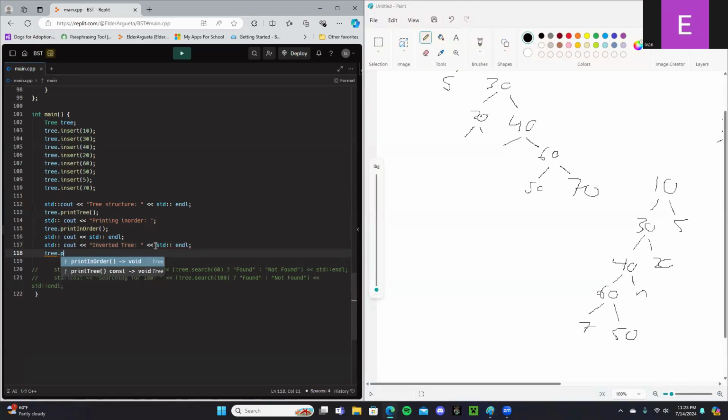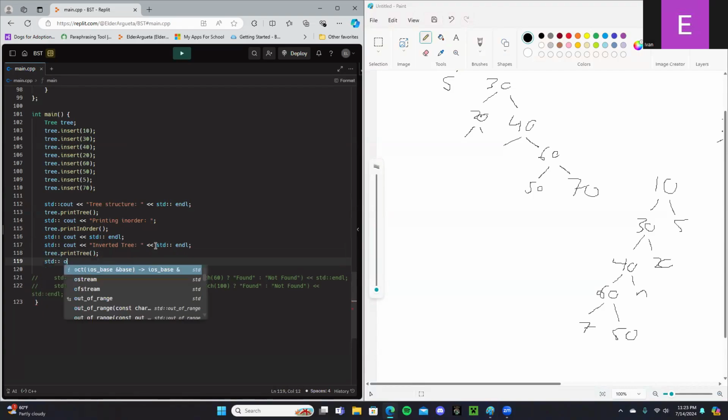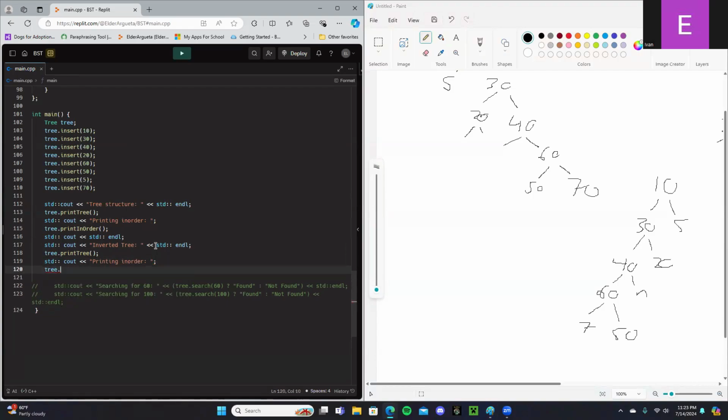Tree dot print not in order, print tree, and then std cout printing in order, tree dot print, sorry, print in order. Okay, now if we run this,